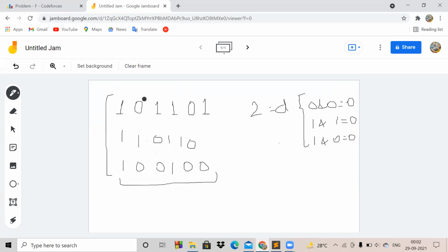So if we take this one's AND with this 0, then in the first step we can make this one 0. And you see, if this one becomes 0, then in the second step when you repeat the procedure, this one will take the AND with this one which was converted to 0 in the first step.